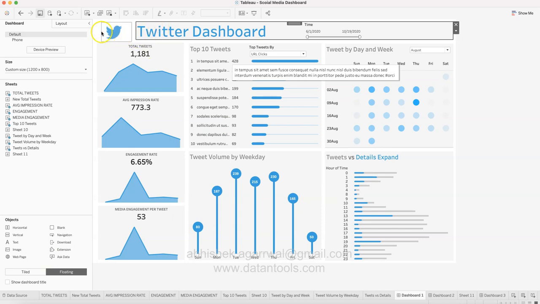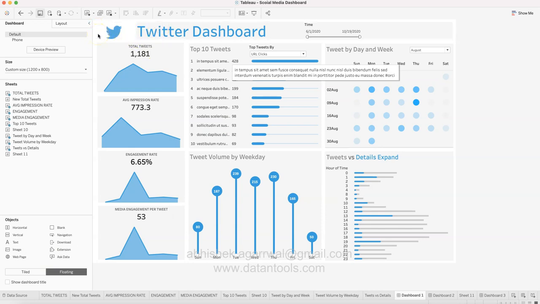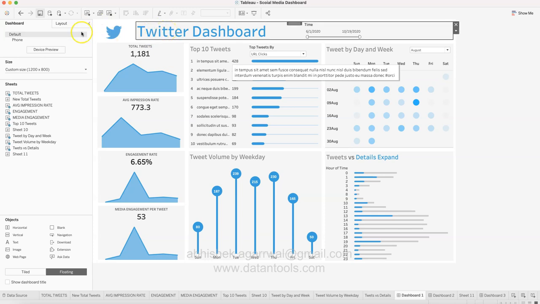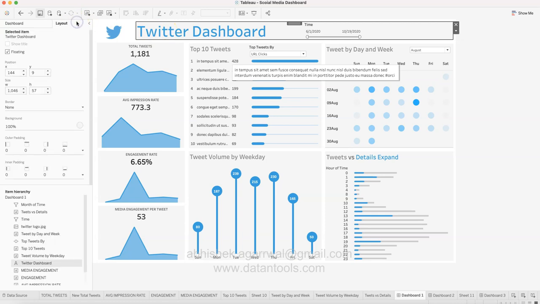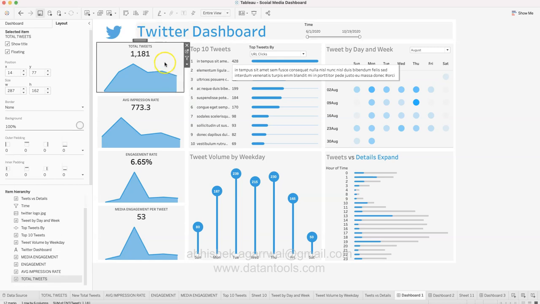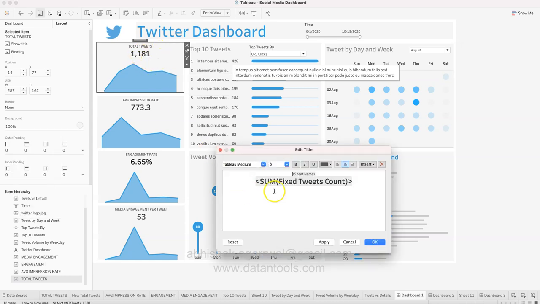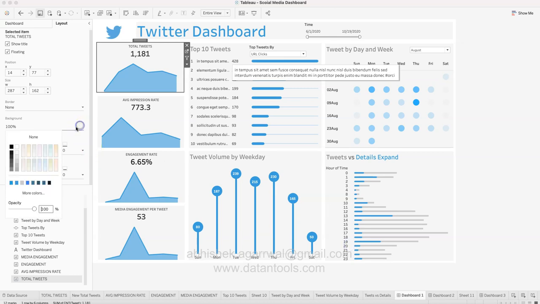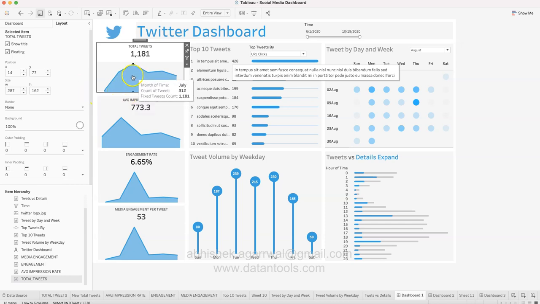The background, I have not changed the overall white background which is present. So what I thought is let's keep it white as it is, but for the objects I want to keep it slightly gray. So I select the object, go into the layout, and in the background I have chosen this one, the first lightest shade of gray. Same is the case of this one. You will see that the background is the lightest one, but over here for one part, if I select this, yeah, as you can see, when you select the gray,